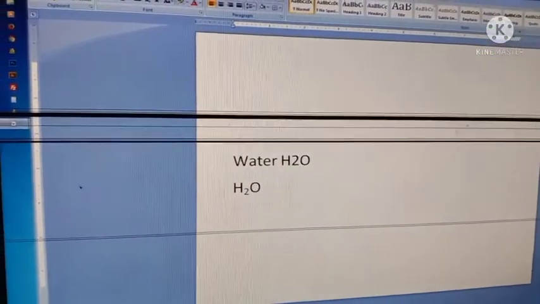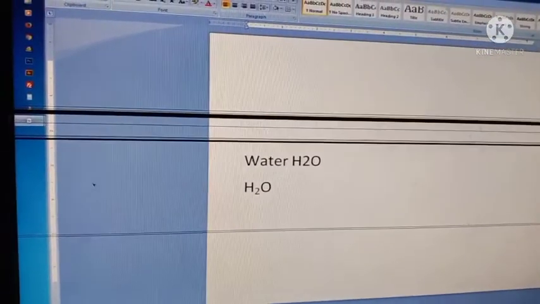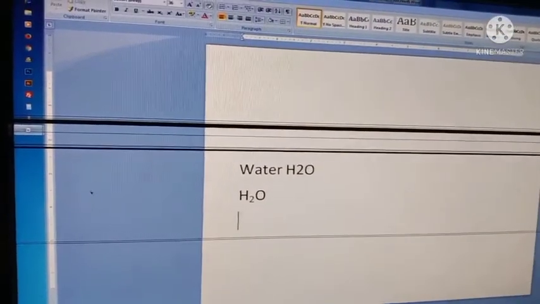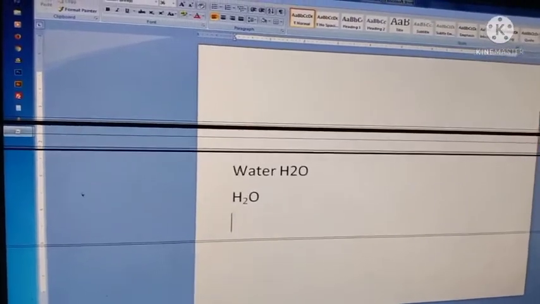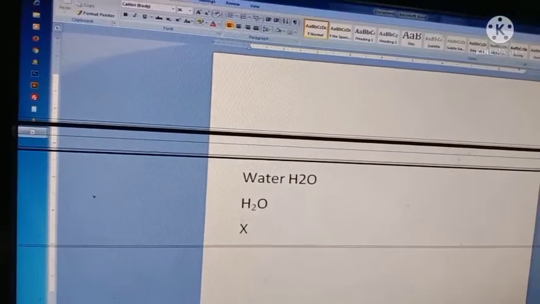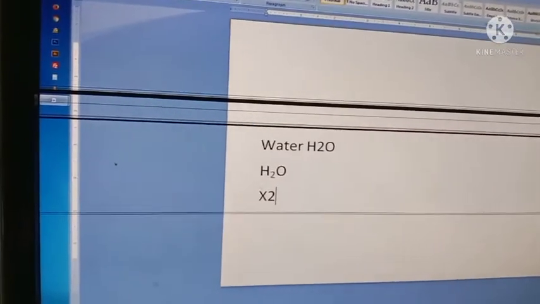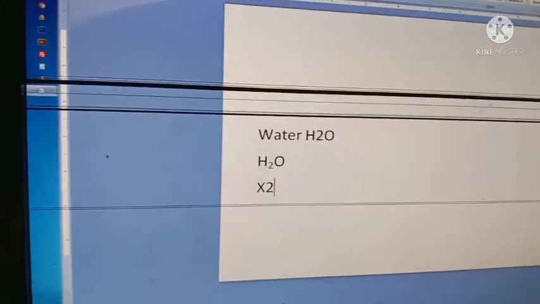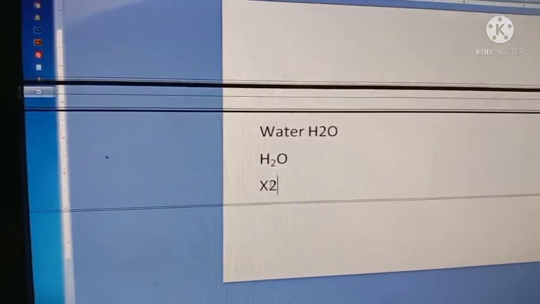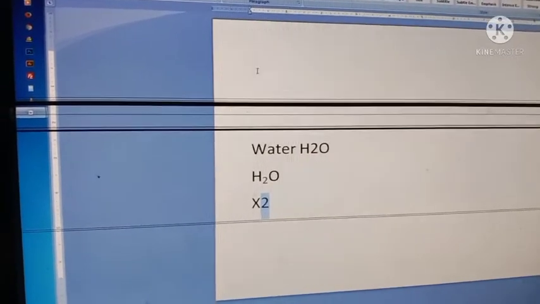In maths, you may study x square, X to the power 2. If we are simply typing, it will be like this. But it's wrong. It's x to the power 2, right? So I want to move the 2 as the power of x. So I want to select the 2.